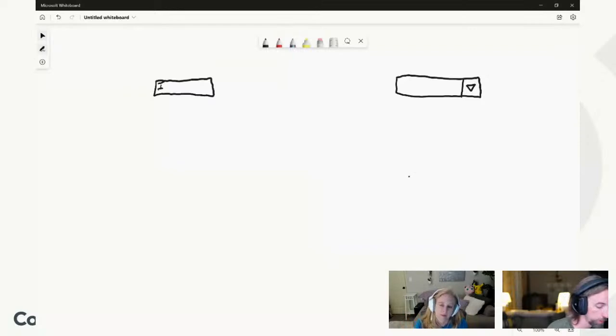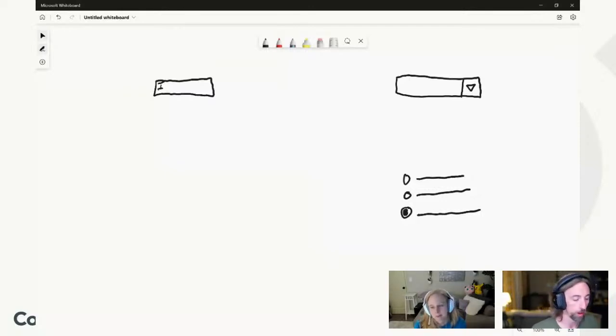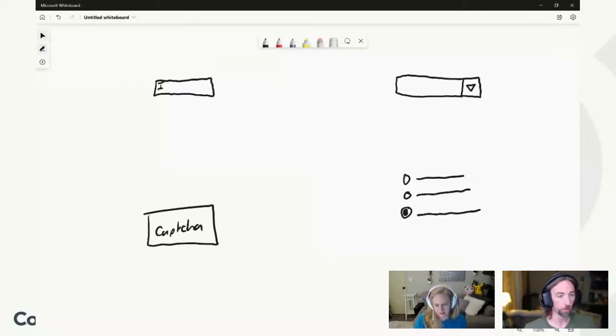So I'm just sketching out a couple of different inputs here. You've got your text input up in the top left corner, a drop down up in the top right, and then you've got your radio button down there, and then you'll have your CAPTCHA. So we've got different types of inputs, but ultimately,